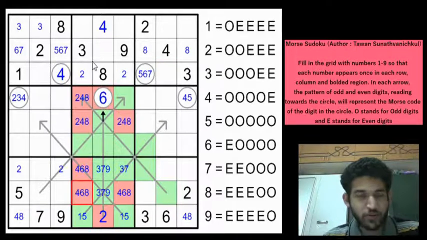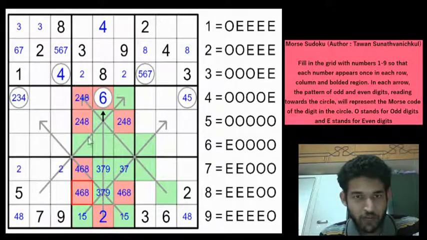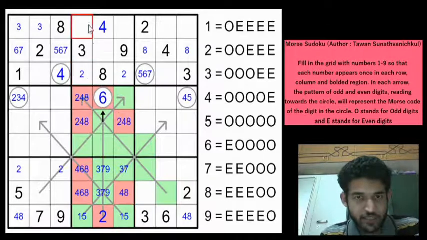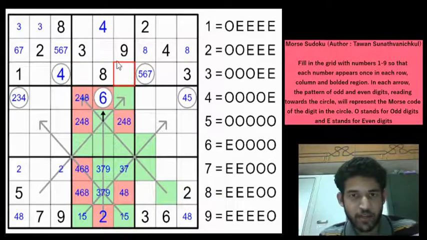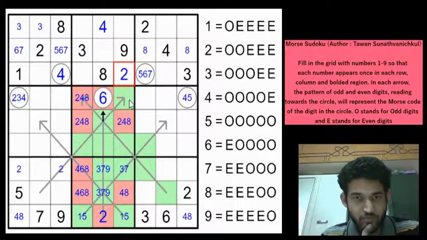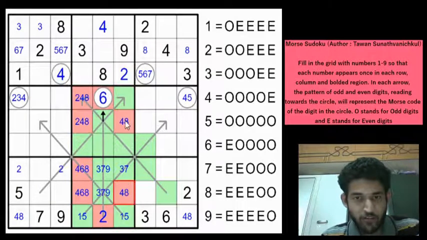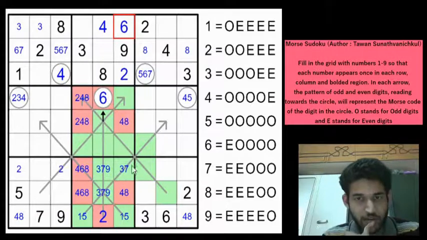So let us continue with our marking strategy. If you look at column 4, 6 can't be in these two cells and 6 would have to be in these two cells because we have marked all the evens. So which means this cannot be a 6, so this will be a 4 or 8. So the rest of the cells would have to be even, right? Because we have marked 4 even digits, which means we can eliminate the 2 from there and we'll get the 2 here, and that eliminates the 2 from here, so this will be a 4 or 8. Now we have 2, 4, 8 as evens, and the 6 can only go in here. There is no other cell left for the 6, right?